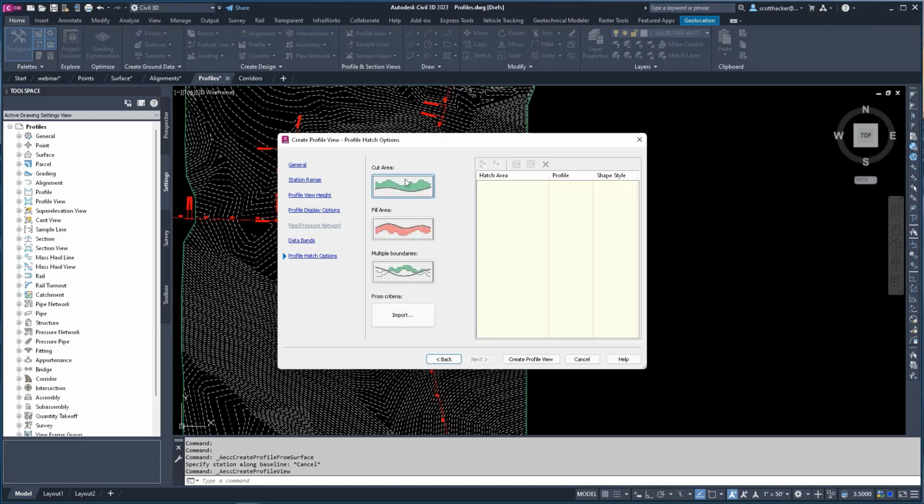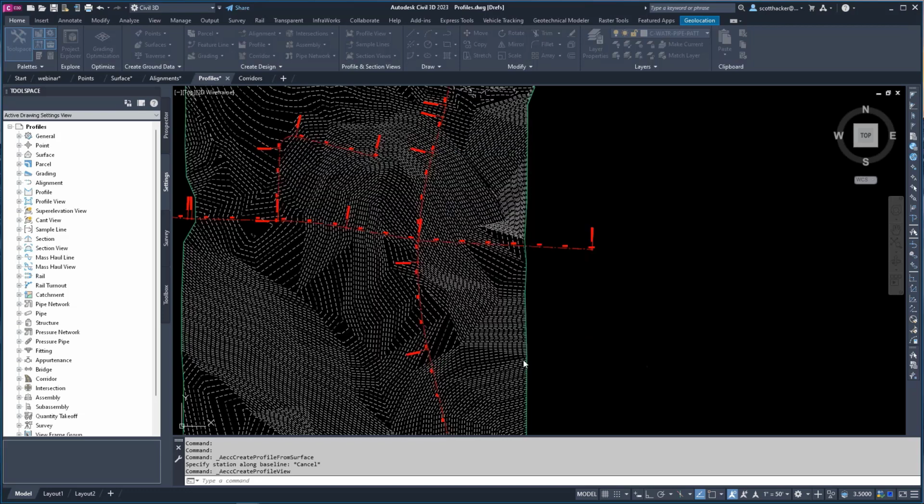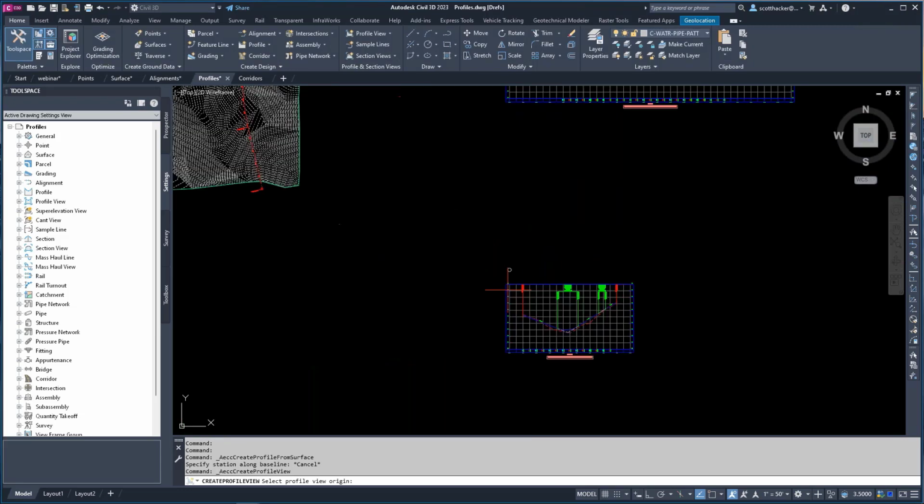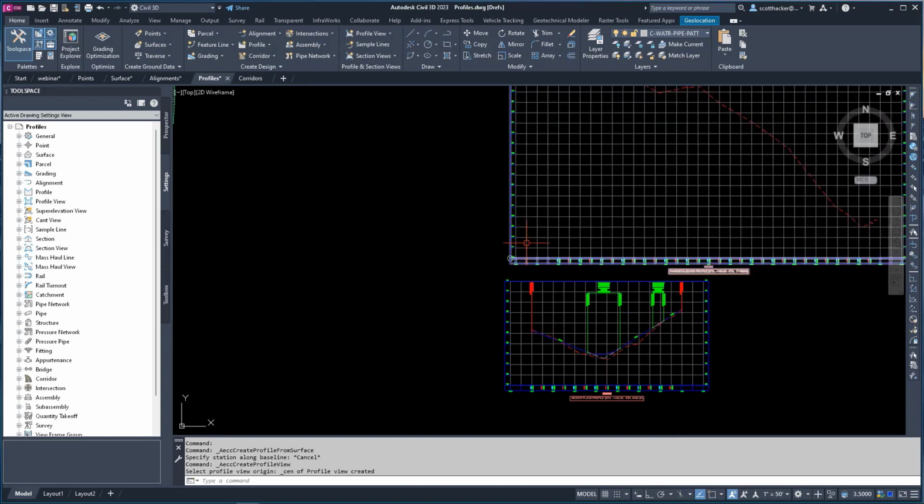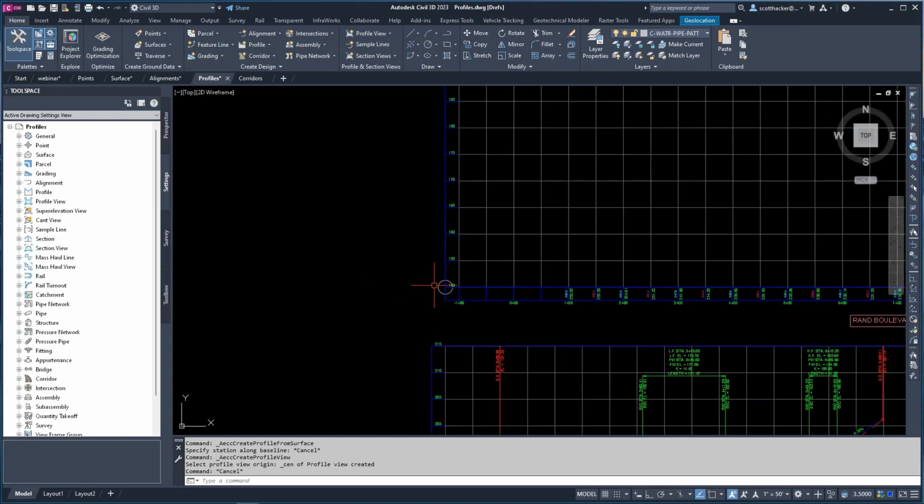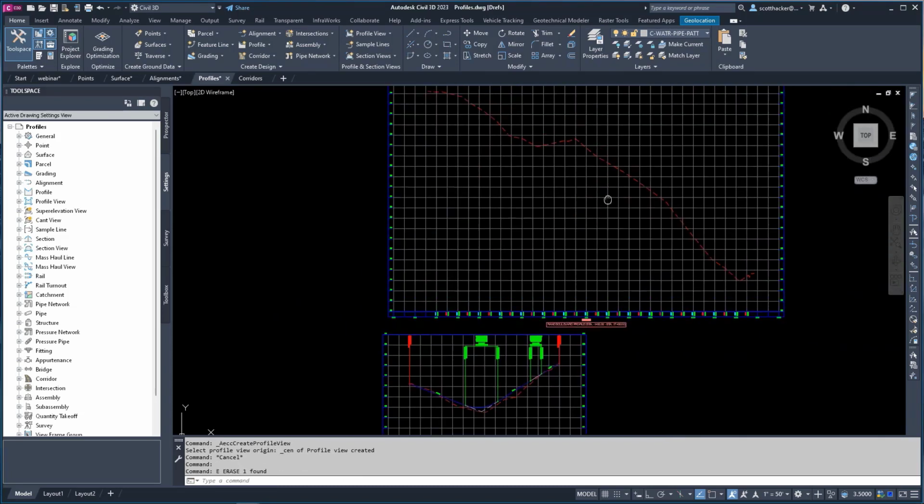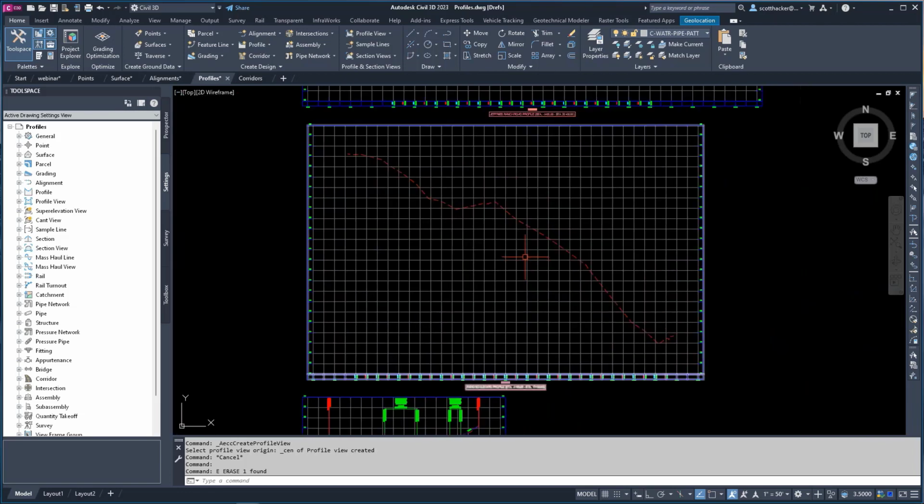Okay. If we had more than one profile, we could hatch it, making it easier for whomever is going to look at the plans. We're going to create profile view. I'm going to select the beginning location here at the center point because I know it's going to fit. Okay. The software goes through, creates the grid,